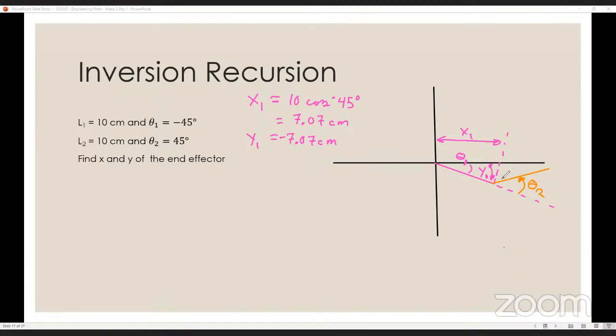So now what, right? We've tilted this by 45 degrees, and then we came here and drew this line that was 90, and we're going to draw another line now at 45 degrees. This is not drawn completely to scale by any stretch of the imagination, but we're going to deal with it. Okay, so we're going to do the same thing now. X2, well, in this case, X2 is going to be this distance, X2 and